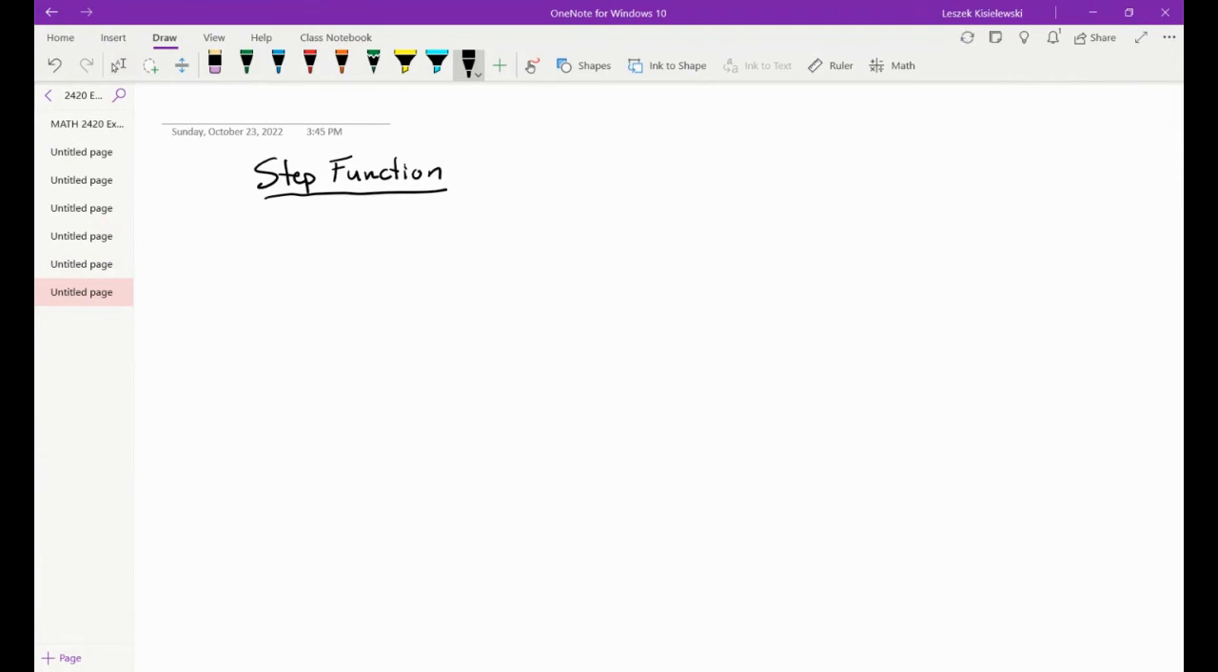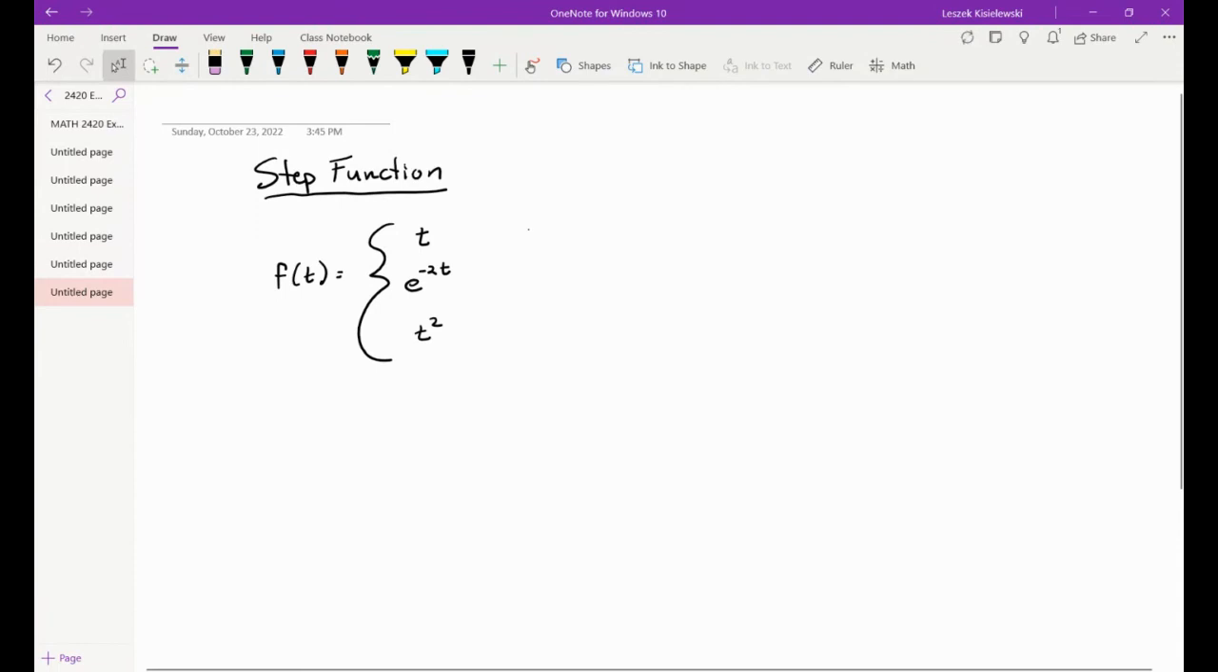Okay, let's just get down to business. So the idea is, if we have a piecewise function, let's just make something up. So I should say 0 for t less than 0. Okay. So this is a piecewise function,